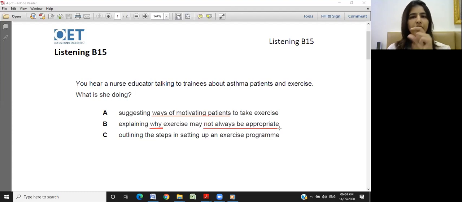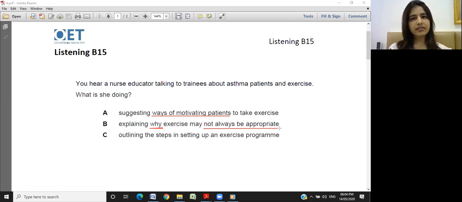And when it says not always be appropriate, that makes again a huge difference. Not always be appropriate. That means what? Means sometimes it may be possible. Yes. So what kind of phrases do you think she would use here? She might list conditions where it is not appropriate. Yeah. She may say in which situations it is not appropriate for patients to exercise, and then she may go